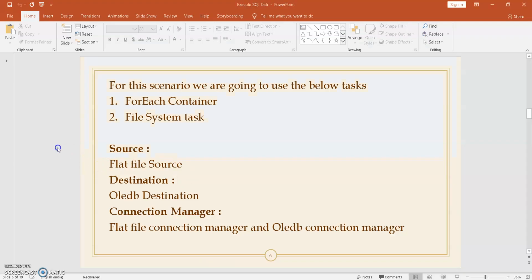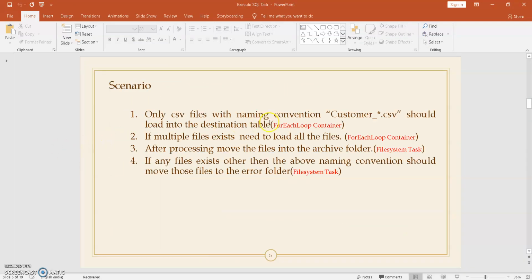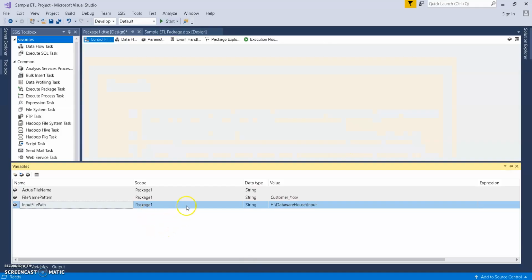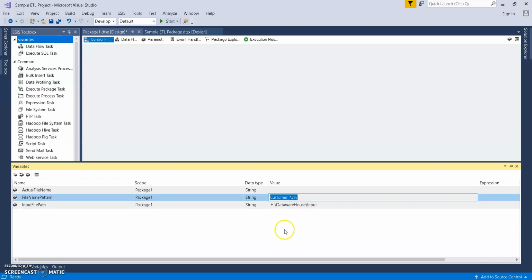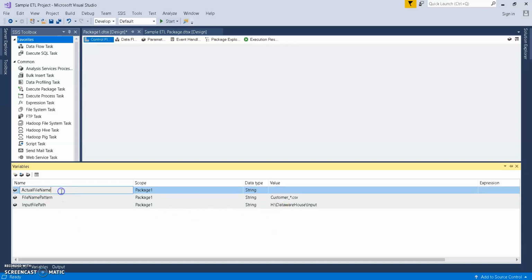In our scenario, only the files whose name starts with customer underscore should load to the destination table. For that, I created a variable, file name pattern, and the file name pattern should be stored in the file name pattern variable. And actual file name is for the for each loop container, for storing the actual file name.